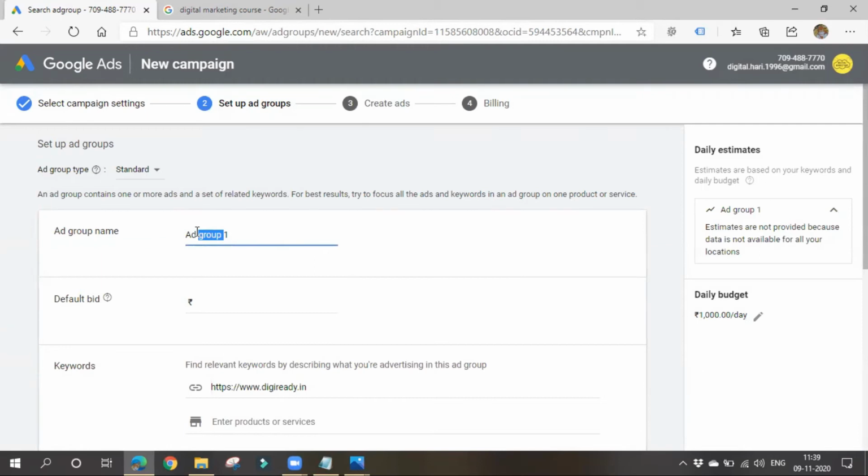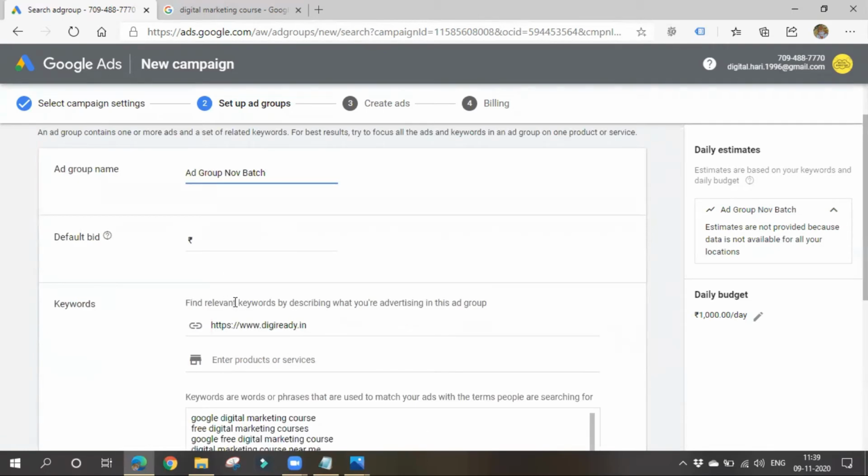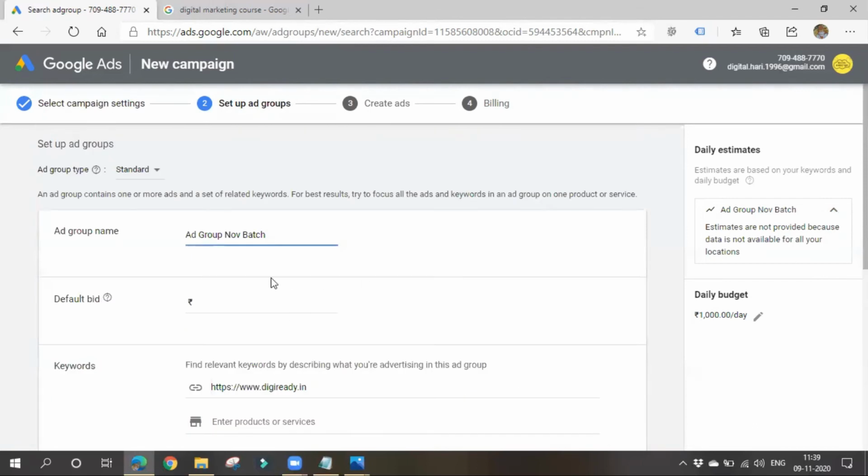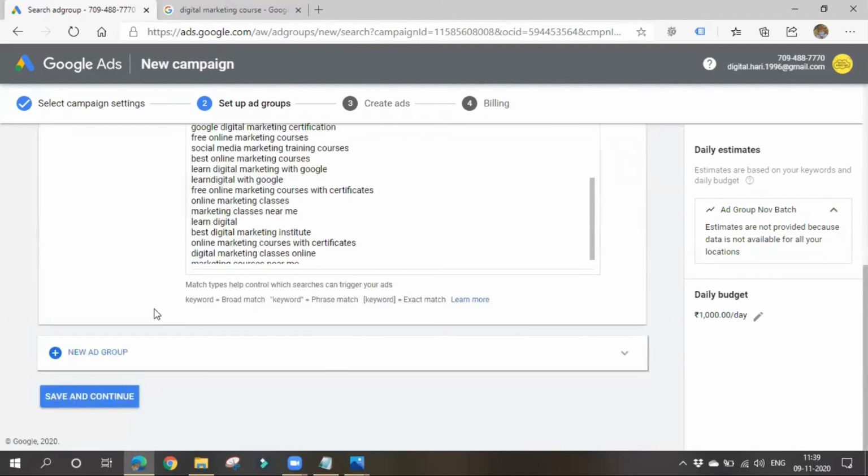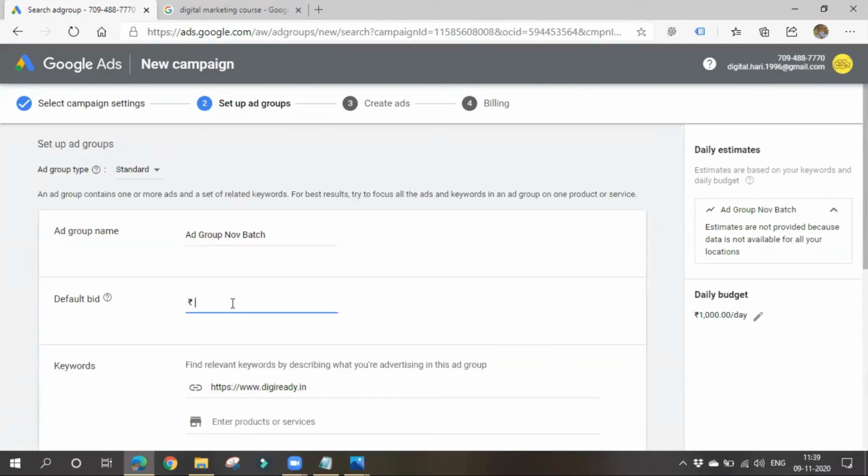Now give the ad group name. So please give a proper name for your reference. Okay, the look and feel has changed a bit, it seems. Yes, it has changed. Right, now we have to define how much amount you want to spend per click.